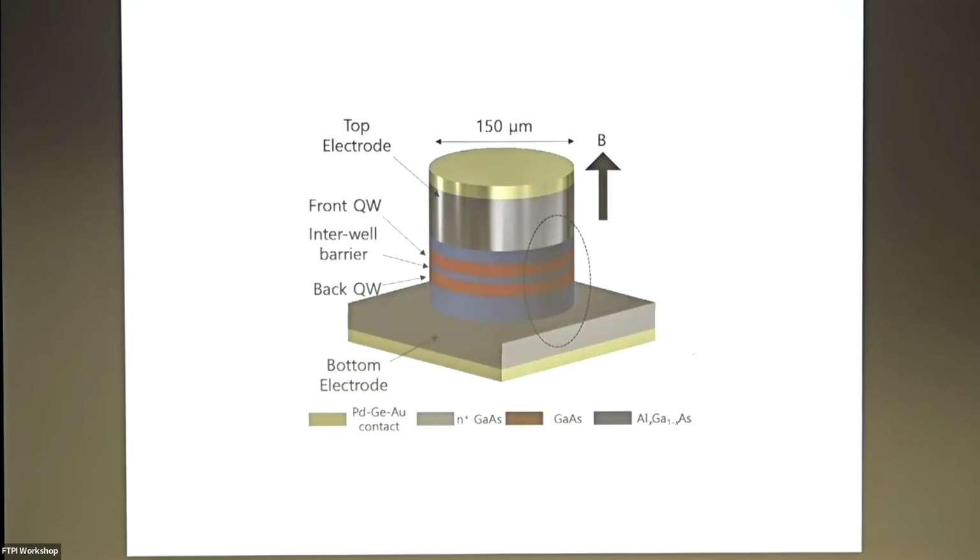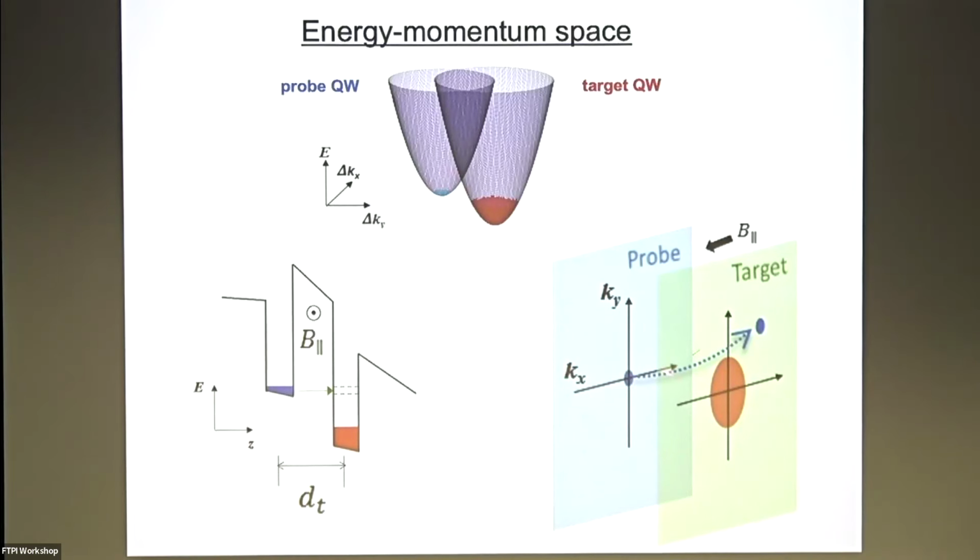Okay, so then the next thing we did was to do double well tunneling. So we're going to have an isolated system of 2 wells separate, so there'll be tunneling between them, but then we'll have thick barriers on both sides. And so we can tunnel from a small Fermi surface in what we'll call the probe layer and into the target. So the size of that Fermi surface sort of determines our momentum resolution on the other side, and we'll apply a parallel field that we can use to steer around this little Fermi surface spot.